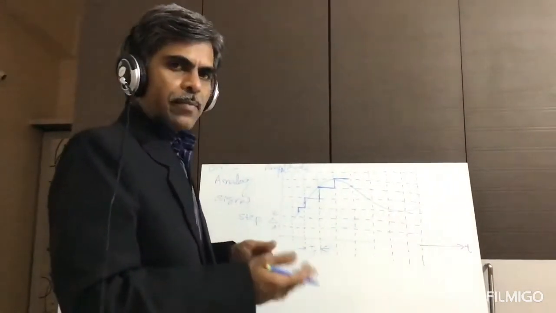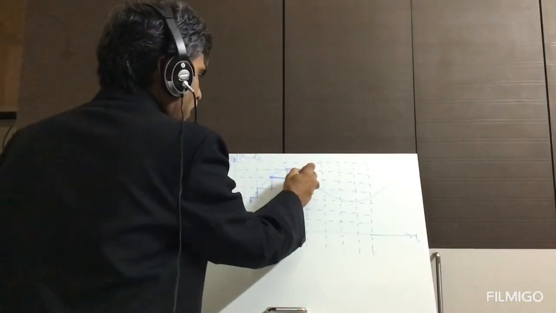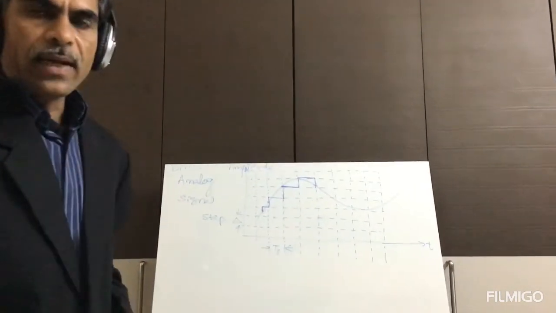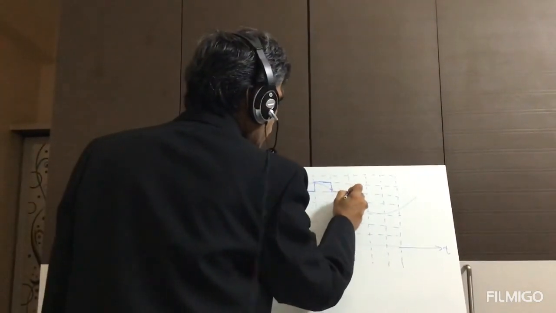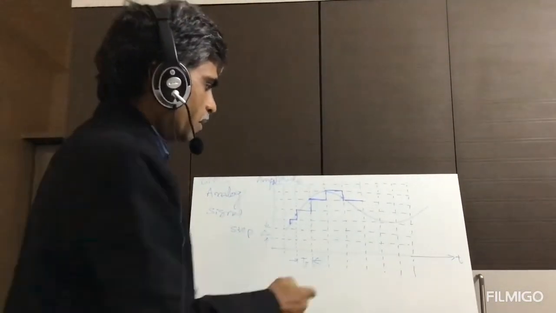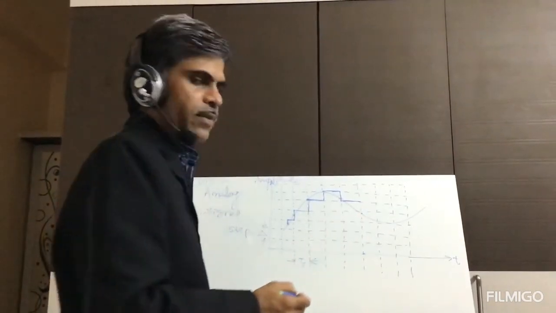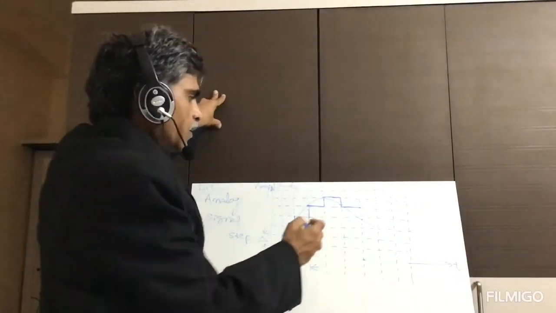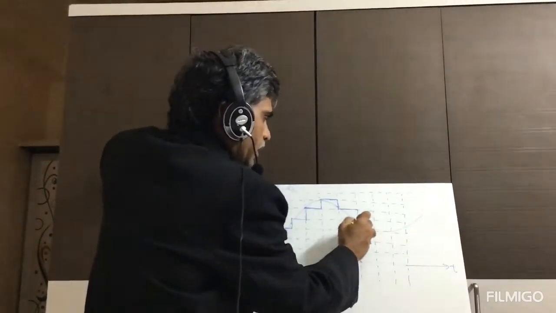Therefore, what happens to the output of the delta modulator? The delta modulator output is decreased. That means it is represented by a logic 0 and maintains its output at the same level until the next instant of time comes, which is this instant of time. There you can find once again the amplitude of the analog signal to be less than the previous sample amplitude, therefore it reduces further to that level, and like that